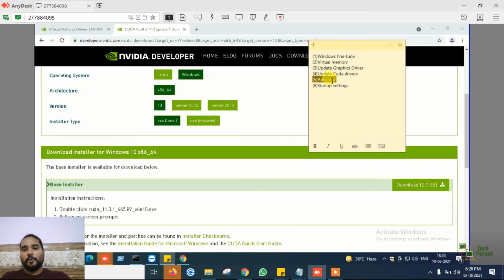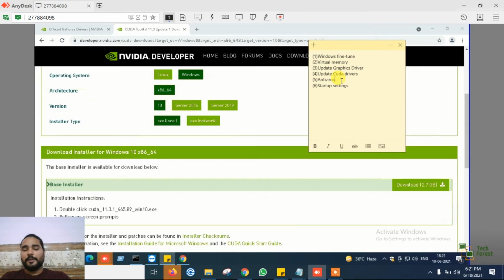Let's jump to the next point, antivirus. See, if you use any miner, your antivirus will detect it as a virus because it consumes almost all resources of your computer. So your antivirus treats it like unusual behavior, so it's blocked. So in your mining rig, it's not recommended to install any antivirus.